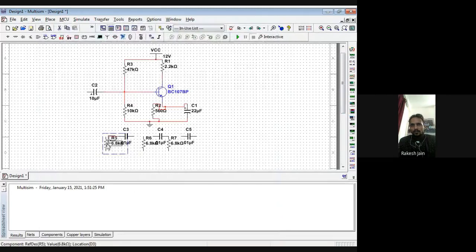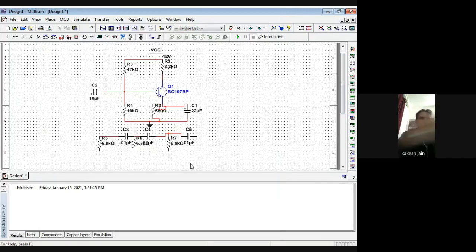Now you clearly see this value. So 6.8 kilo ohm, 0.01 microfarad, and again 6.8 kilo ohm, 0.01 microfarad.